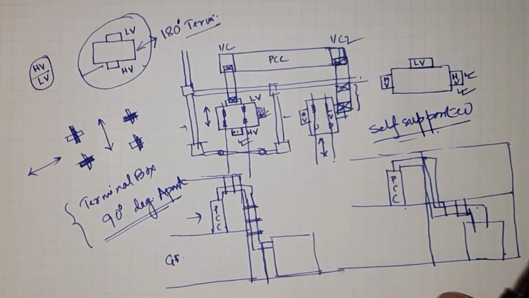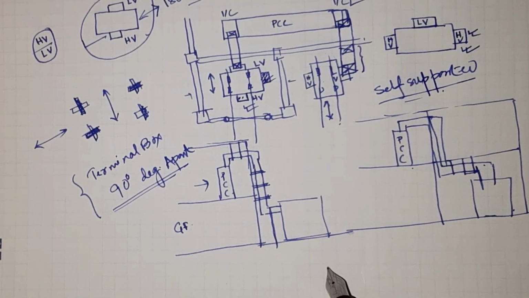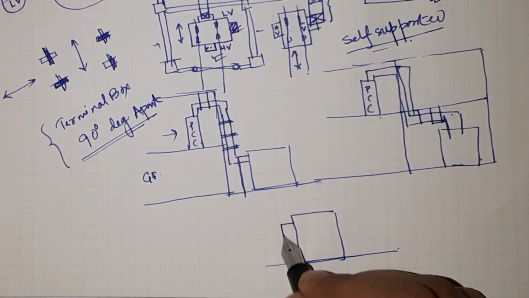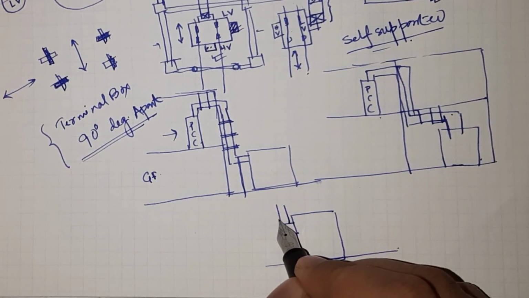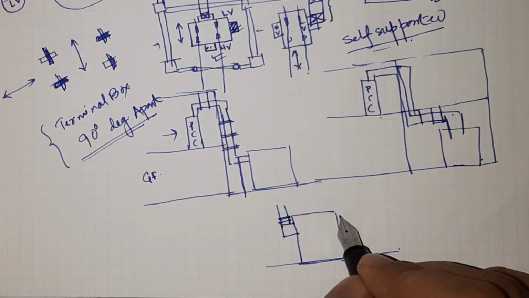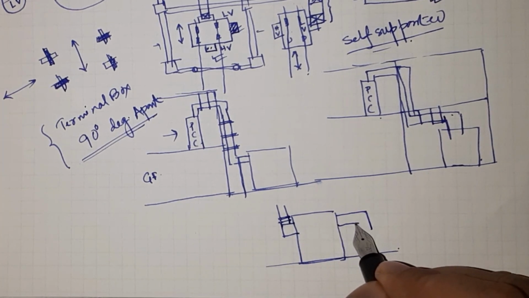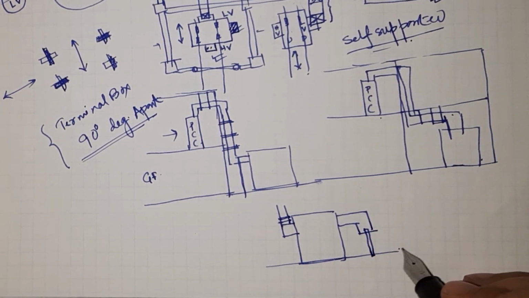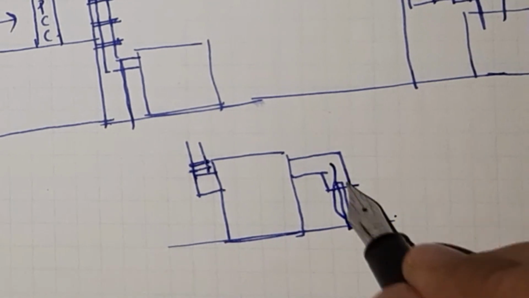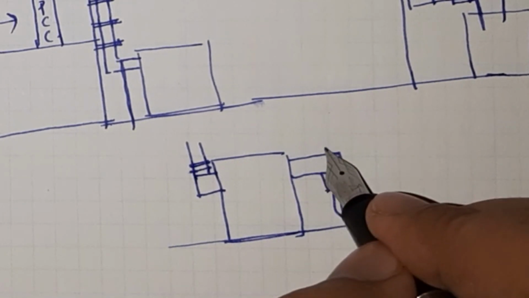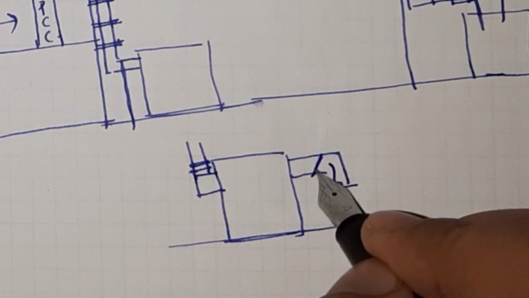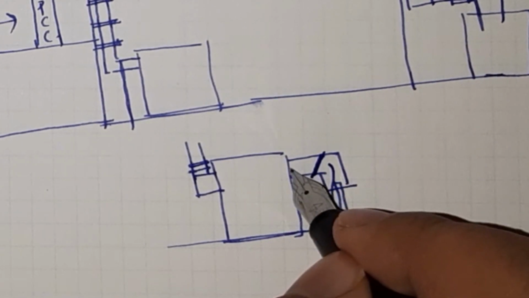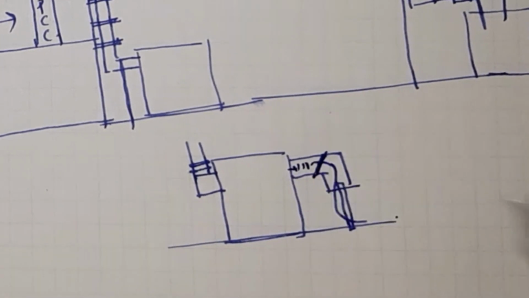If you see the cross section of the transformer, say this is the transformer, right? This is the LV bus duct box. Here the bus duct risers are getting connected, and this is the HV cable box. So this has a support from the bottom, which is holding the cable box. The cable is coming through this way and entering the cable box. Now here there is a cut. This is a dismantling portion. So the bushing is here and the cable is terminated to this point.